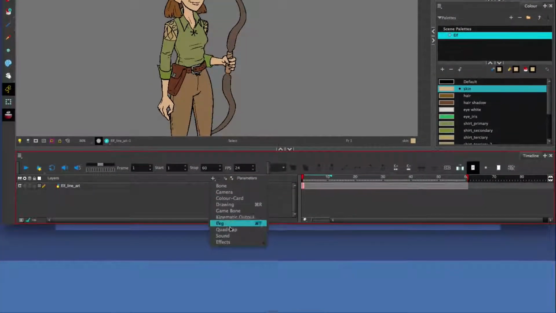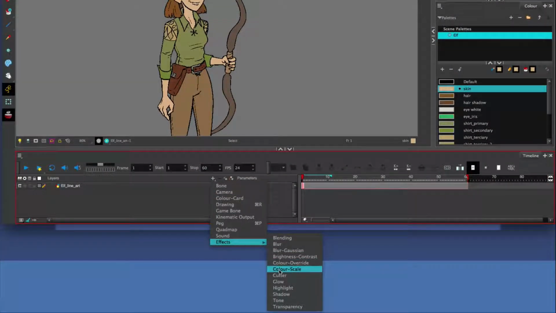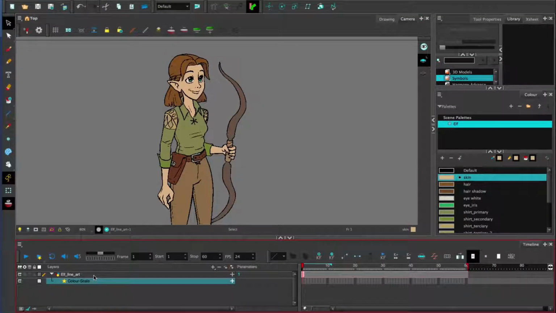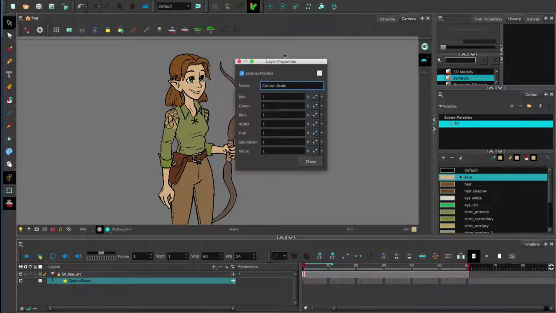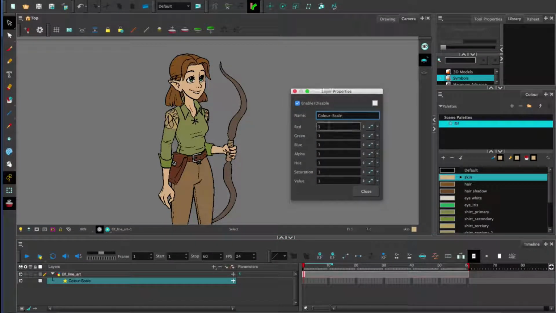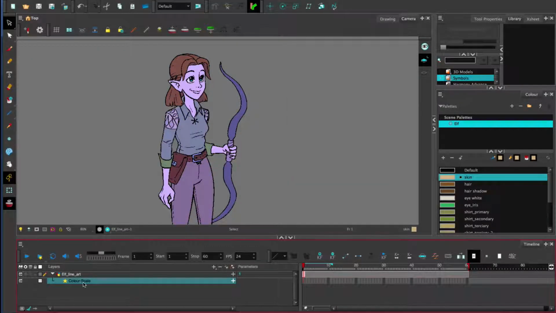The other effect I want to go over is the color scale option. This one is similar to the tinting we did earlier. If I double click to get the properties of this one, we can see we have similar options to when we were tinting. Now, the nice thing about the color scale effect, as opposed to tinting the palette, is that the color scale